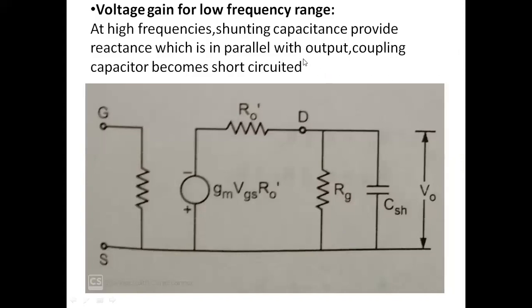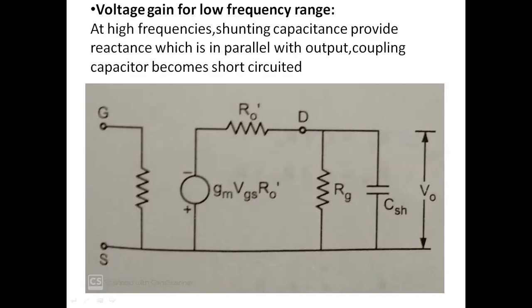Next, this is not lower frequency, this is higher frequency. So let us find out the gain at higher frequency also. At higher frequency, we have some shunting capacitance, and as well as the coupling capacitors become short circuit. What is the effect of coupling capacitor at higher frequencies? At higher frequencies, the coupling capacitors become short circuit, and the shunt capacitance will be considered because it has some effect on the circuit. Shunt capacitance means internal capacitance. We are not adding any capacitance here externally. Shunting capacitance is the internal capacitance which appears internally.